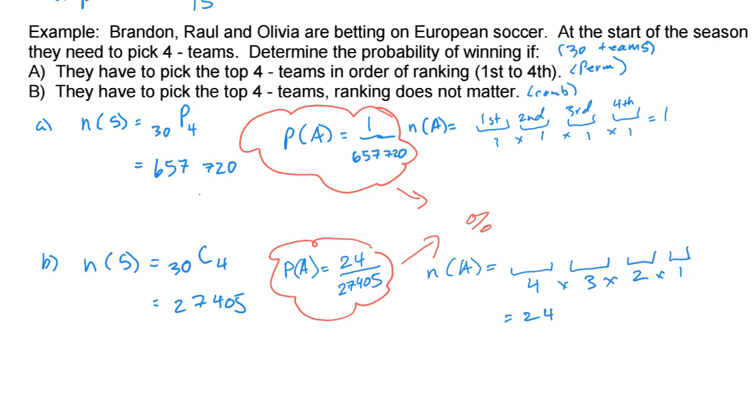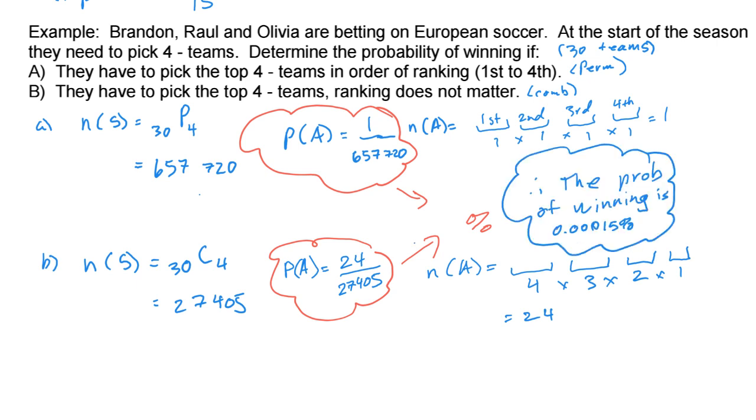So you can usually leave it as a percentage for these final answers. But leaving them as 24 over whatever is still acceptable. But in a real world situation, I would expect you to say that the probability of winning is something. So for the first problem, you're going to have the probability of winning is